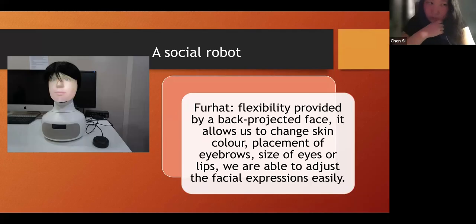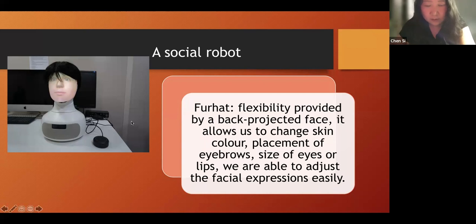If you check Hanson Robotics, the robot Sophia they have made is already very human-like, but still when they make facial expressions, they do not look very natural. And in order for us to make very natural facial expressions, we would first need to investigate what muscles are involved, and then program the motors so that they can mimic the facial expressions. And we think that would cost a lot of time, and also we don't really have that much